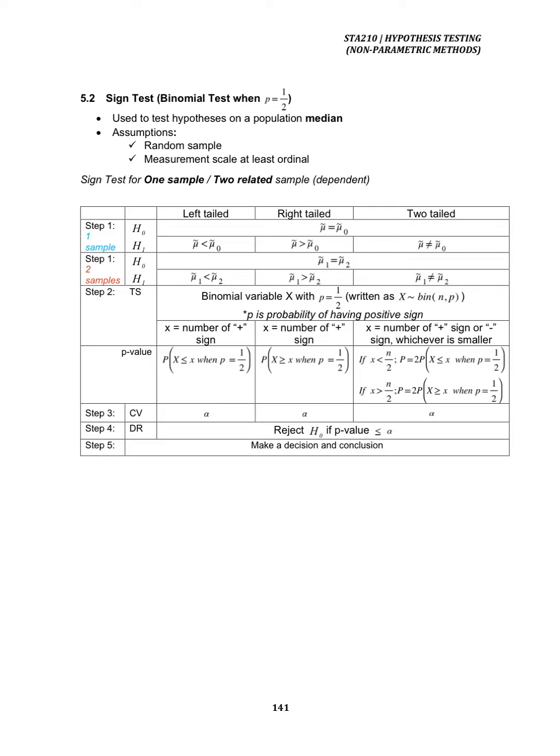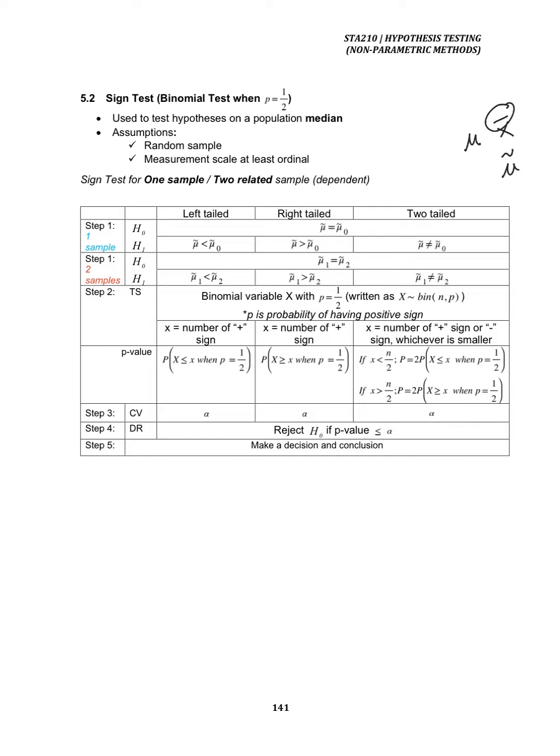For the null hypothesis, for left tail, right tail, and two tail, the null hypothesis will be written as tilde equals to tilde not. Okay, so this has its own name. Usually we use X bar, right? This one, we call it S bar. But for this one,